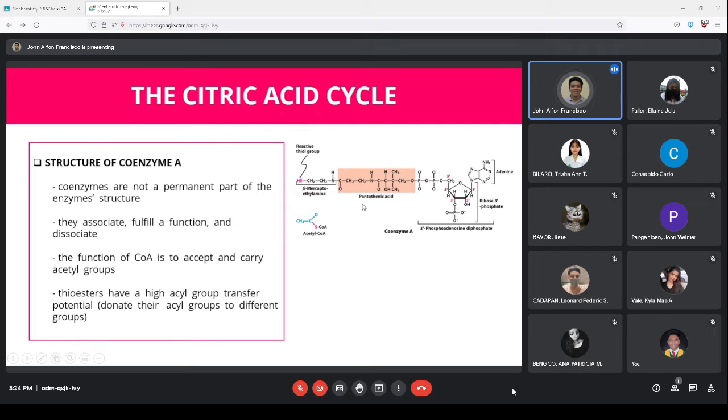Meron siyang pantothenic acid, and lastly is the adenosine diphosphate. So this whole structure or whole compound is your coenzyme A, which makes the compound or our acetate, specifically here the pyruvate, to be activated. So ito ay thioesters which have a high acyl group transfer potential, can donate the acyl group to